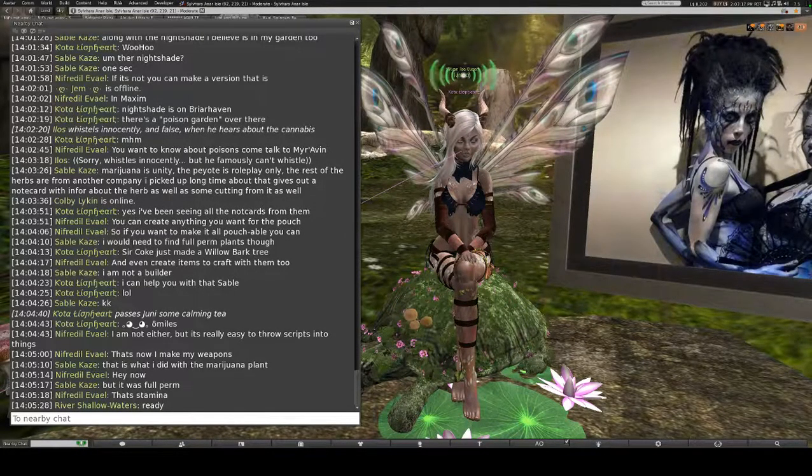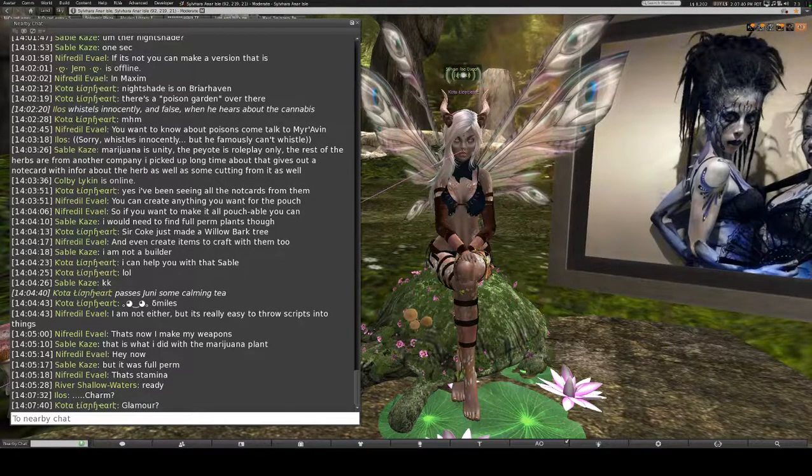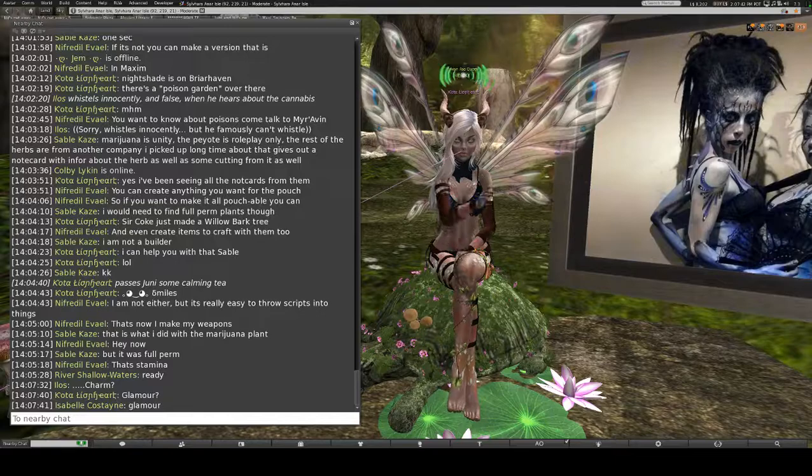So, can anyone tell me some of the abilities that you might see the Fae of the GA use? Not necessarily. You might, Elos, but I might not. Glamour. Glamour is the ability that you are going to see the Fae and the GA use the most, the absolute most of.